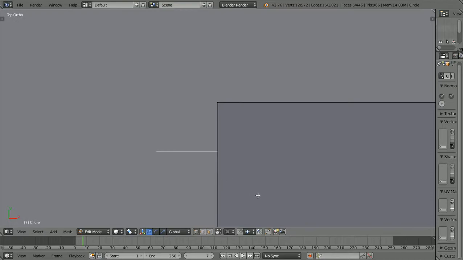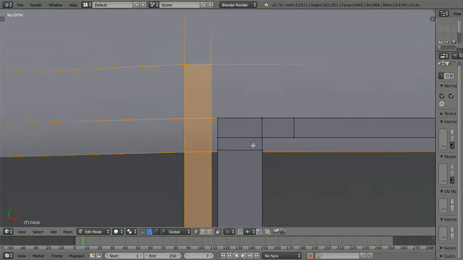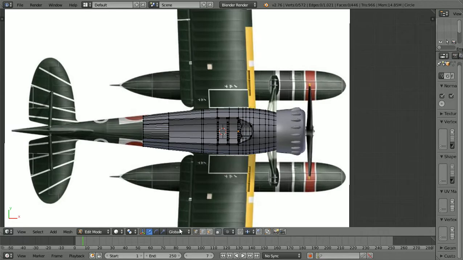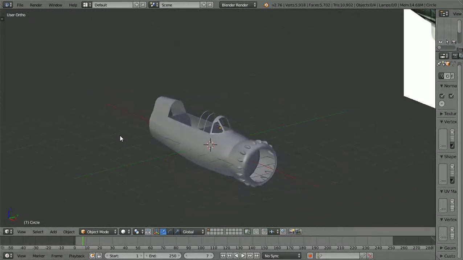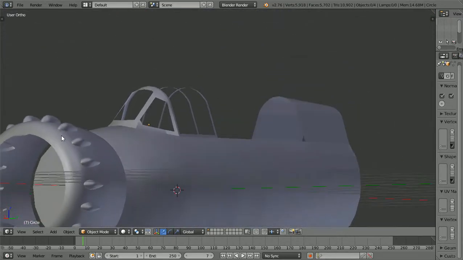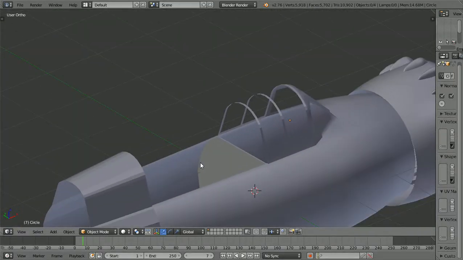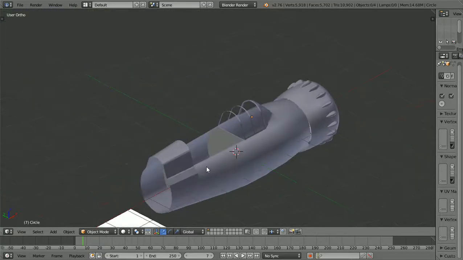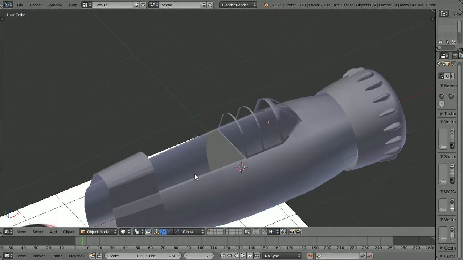Okay, scale to the Y. And just, again, microscopically wider. And let's go to object. It shouldn't have changed the plane that much, but if it did, you just don't really even notice. It isn't that noticeable from just glancing at it. But what I like about this is that in reality,